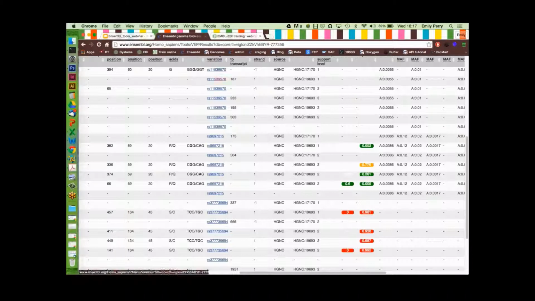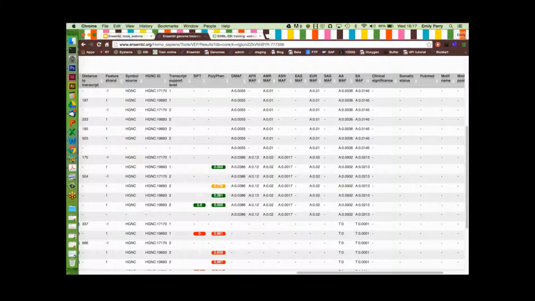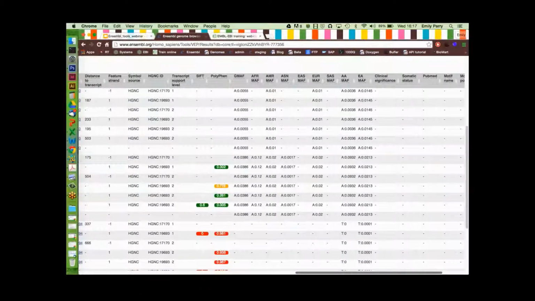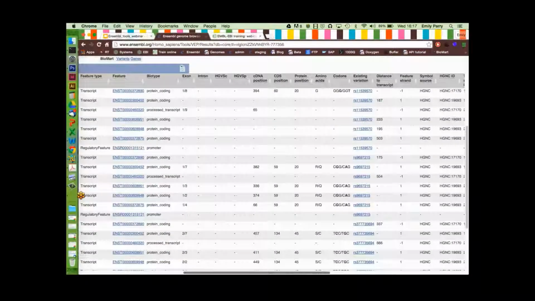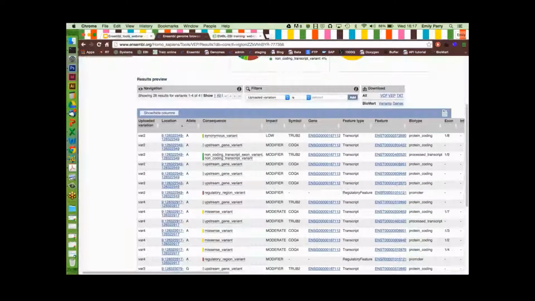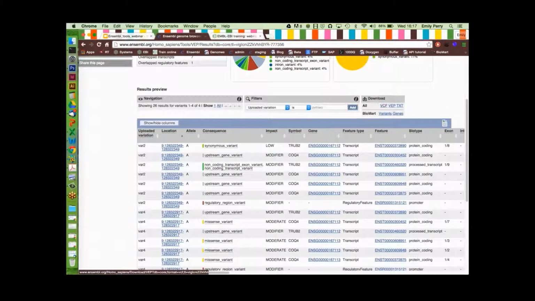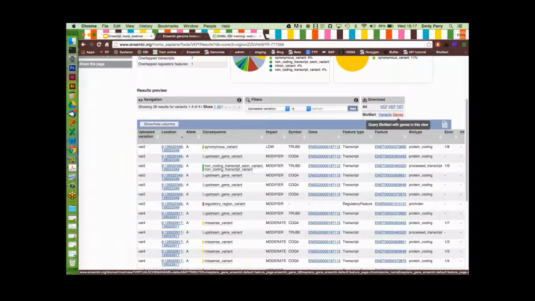And I can also see that these are the IDs of the variants that I've hit, which are already in the database. So there is quite a lot of data in here. I'm not going to go over everything. I've got some allele frequencies as well. For the known variants, where there is an allele frequency known for different populations, I've got that as well. So there is quite a lot of data in this table. I'm not going to go over everything, but you can see there is quite a lot you can look at. And I can download this data, and I can also plonk this data directly into BioMart, which is one of the things we're going to be looking at as well in this